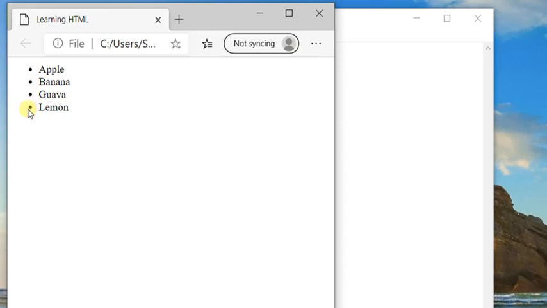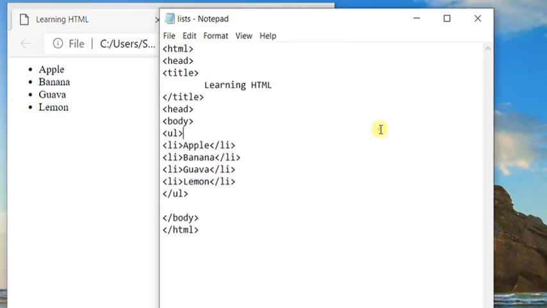So this is unordered list. And for creating ordered list, you just have to replace this UL with OL and this /UL with /OL.